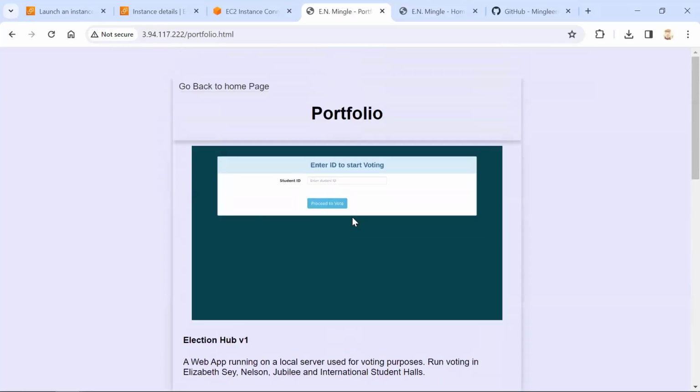All right, so it's as simple as that in actually trying to host your static website on the EC2 and